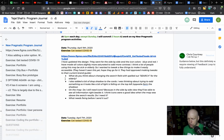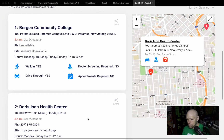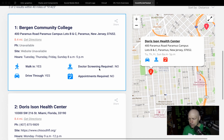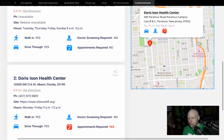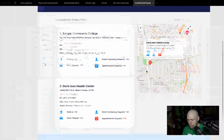Cards work. Map. Do I need icons? Let's look here. I don't know. I think these are side by side. Because the icons could be misconstrued without the words, like over here, I need the words "appointment required: yes," and it's red. I think this by itself, not having that extra context, could be confusing. I might lose them, to be completely honest with you. And past that,